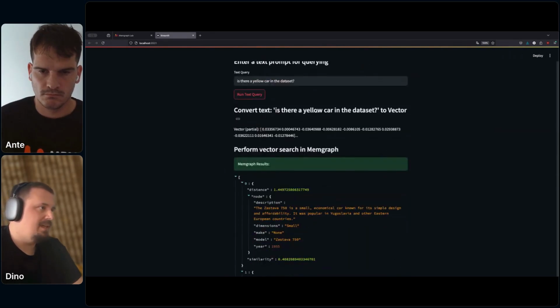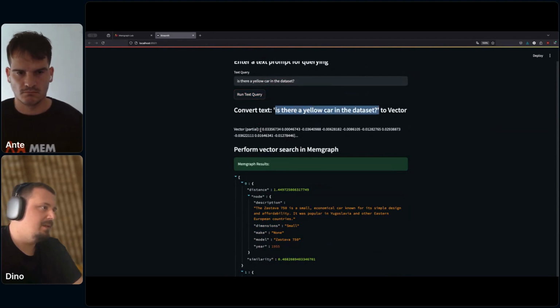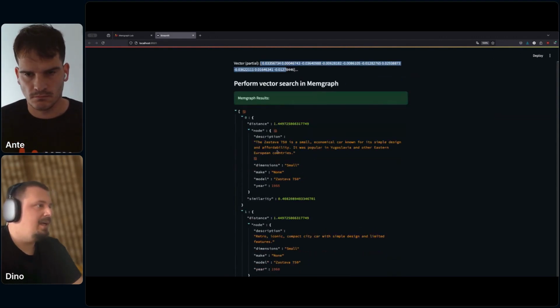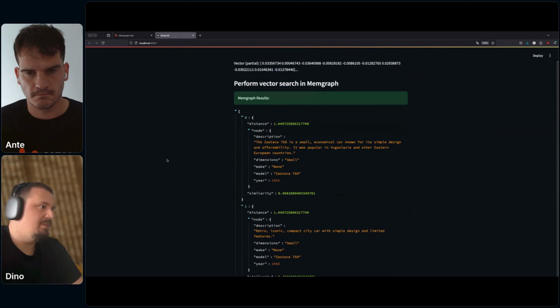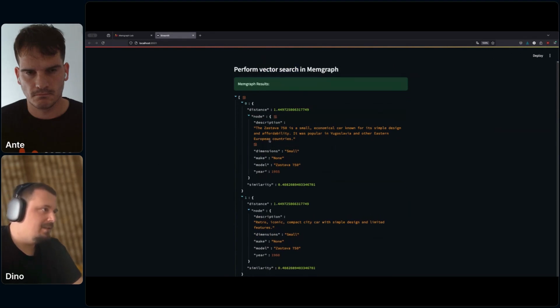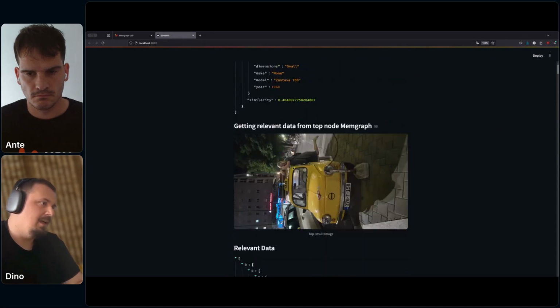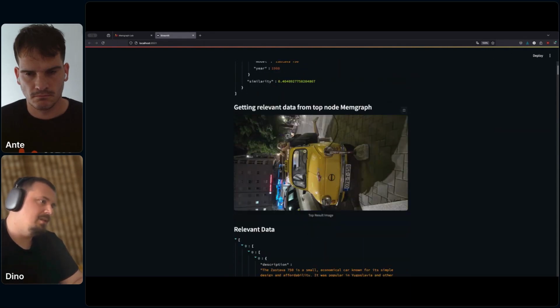Again, the process is the same. We convert this string to the vector representation using clip model, and then we do the vector search in Memgraph, and there we have top 3 results again. And this is the image. This is the most similar image to the